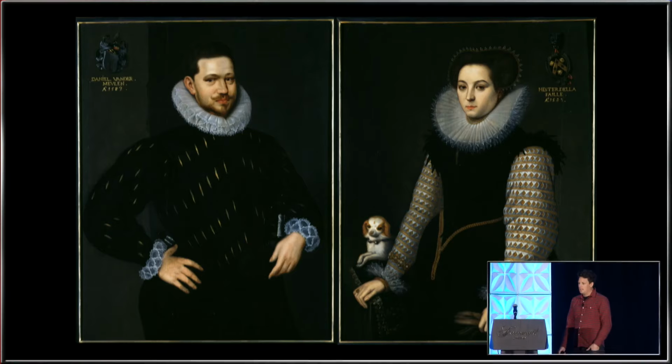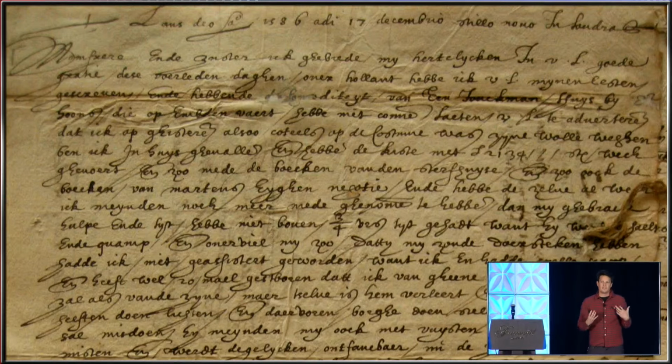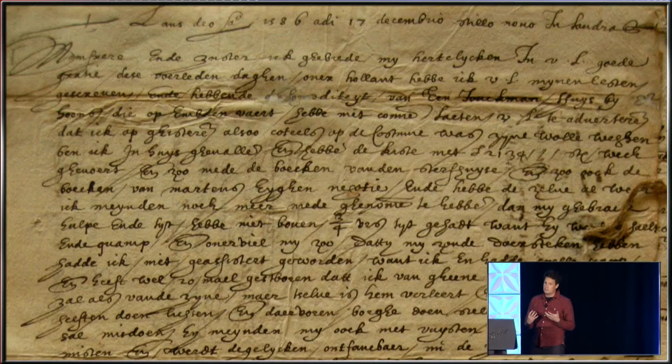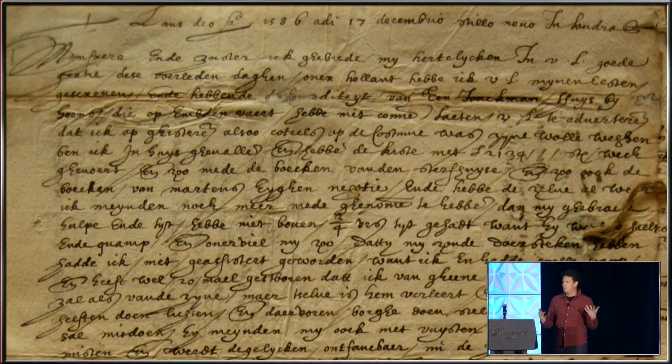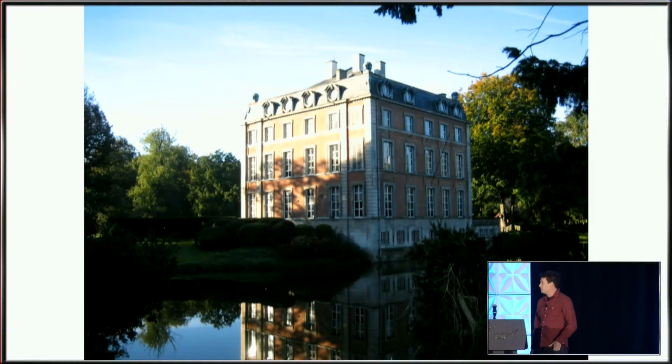So what does that mean? Basically, I spend a lot of my time reading letters from the 16th century, reading letters, lawsuits that were made between family members especially, testaments, and account books. And so I do this in archives in the Netherlands and Belgium. There's even an archive that I work on that's in a castle in Belgium. So that's fun.